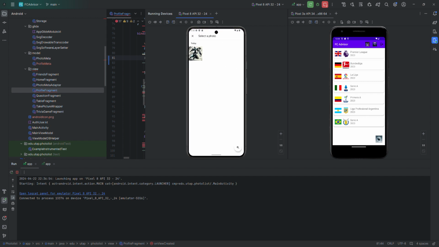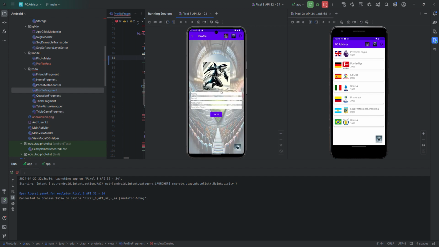I've already set up a picture in advance. And then I'm just going to give it, let's just call it user 12, and then testing. You're going to see why I didn't finish the other two. But when I hit save, this is going to save that information. Unfortunately, I cannot show you the other screen, but Firestore has created a new record for the user so they can save information about it. And every time that I go back here, it's going to fetch it again. This is fetched through Glide and things like that, so there's cool things about it.